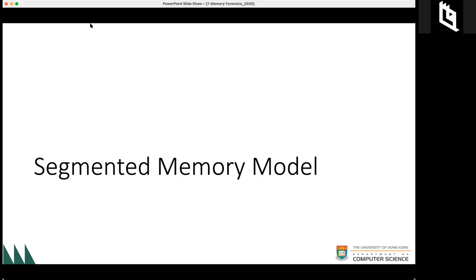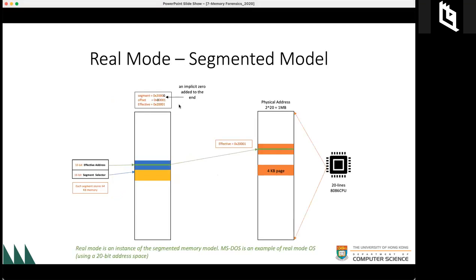Now we come to the segmented memory model. So in the segment model, we still have two modes. One is what we call the real mode. Unlike the flat model, the segment memory model is some kind of abstraction. Under the segment model, memory is viewed in terms of distinct regions called segments. And a byte at an address in a particular segment is designated in terms of a logical address, like the flat model before. A logical address is known as some kind of pointer, an offset